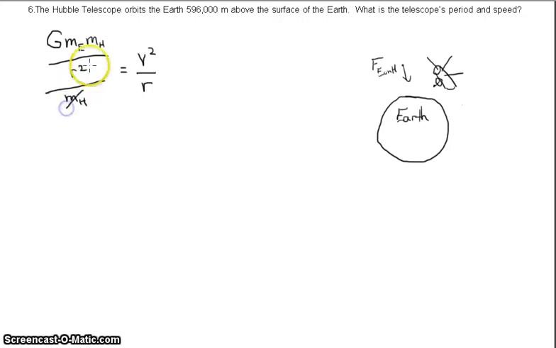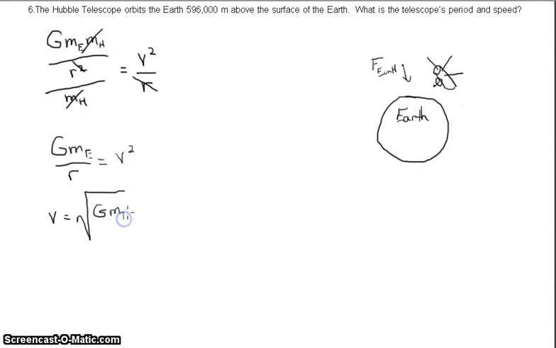We see that the mass of the Hubble telescope can divide out. We can see that one of the radii of the Earth divides out. Looking at this, we get G times mass of the Earth divided by r is equal to v squared. This will allow us to solve for the speed of the telescope itself. So v, take the square root of both sides here, we get the square root of G times mass of the Earth divided by